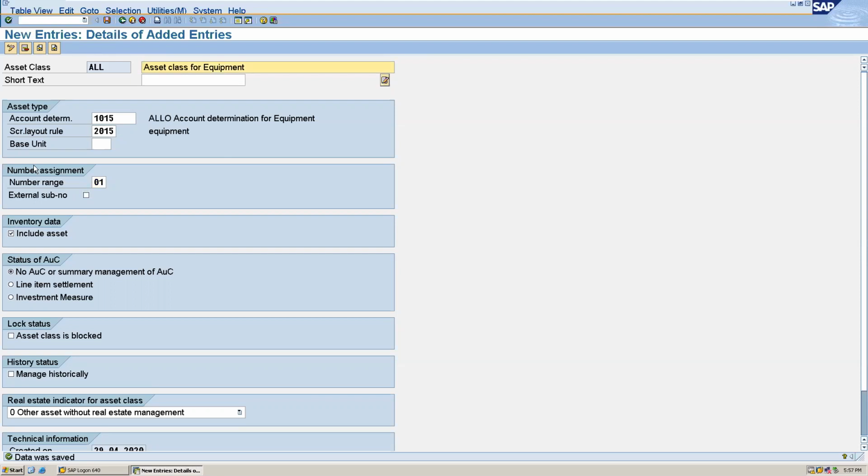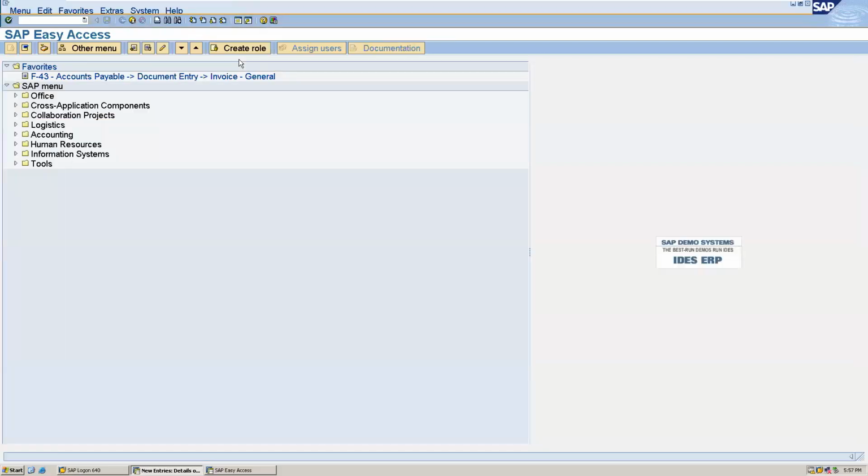Okay, that was saved. Now we have to create the ledger for integrating the asset class. Go to new session. FS00.